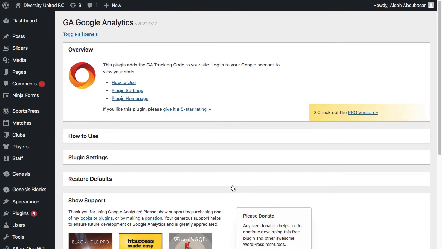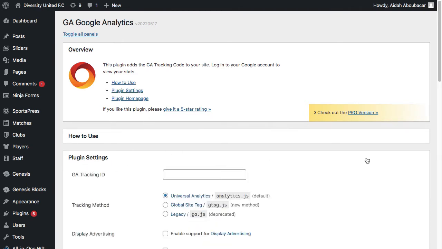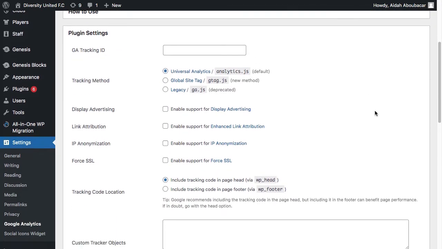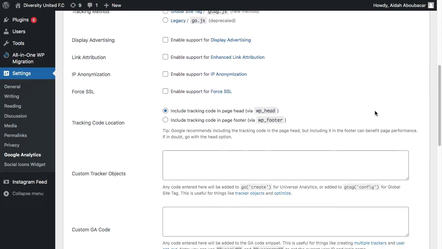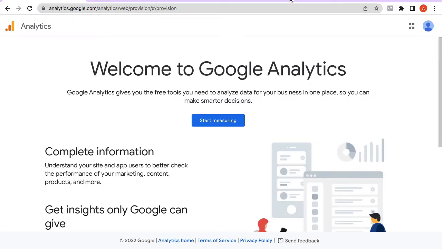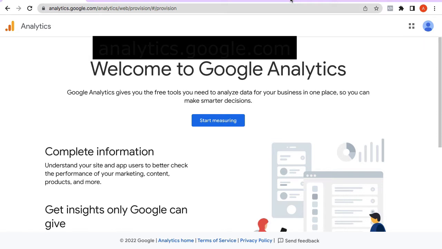Okay, so now what we need to do is just to click on plugin setting, and here, as you can see, we have some information required. So we have GA tracking ID, and then if you scroll down a little bit more, you will see custom tracker, the custom GA code. So to get this information, we need to go to Google Analytics. So to go to Google Analytics, you just need to type in your browser